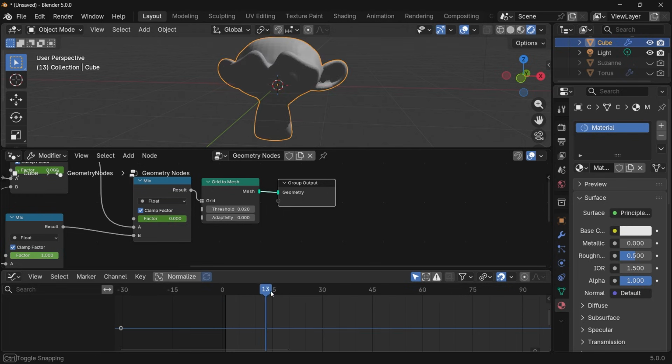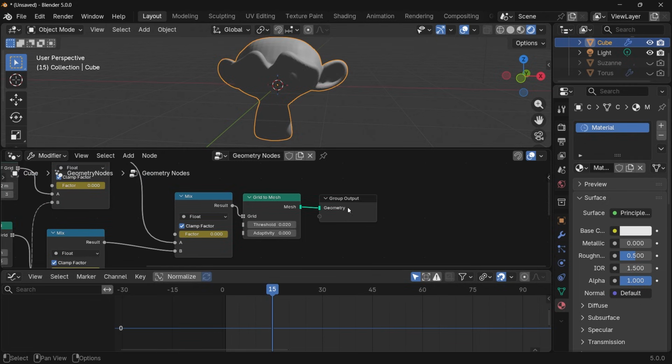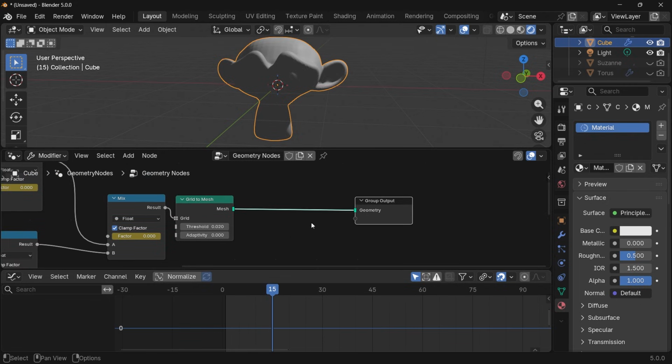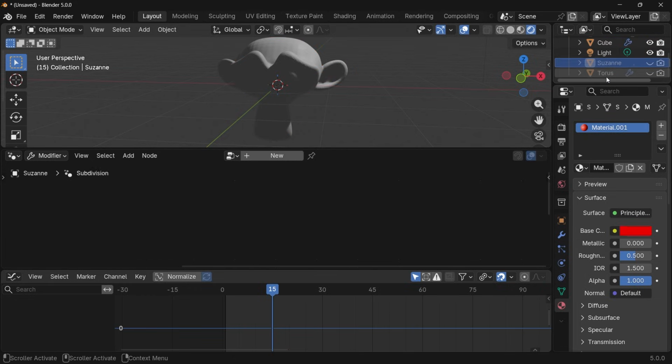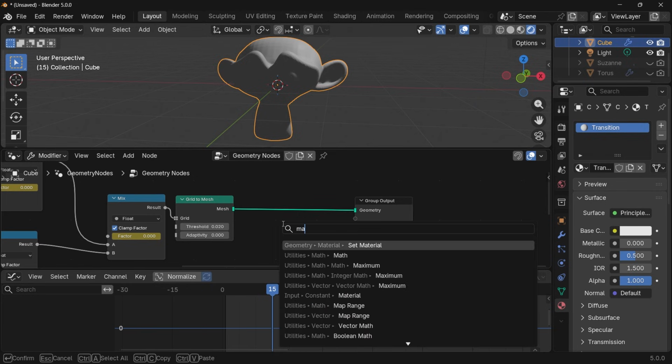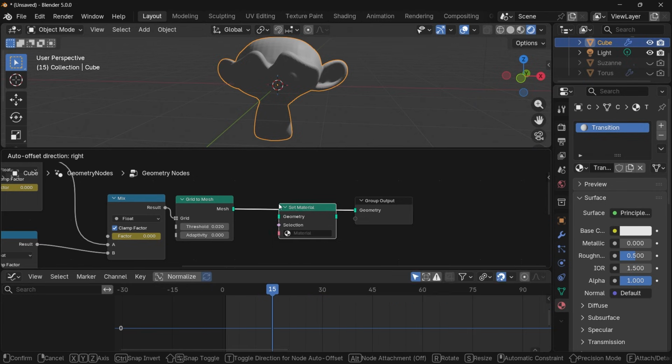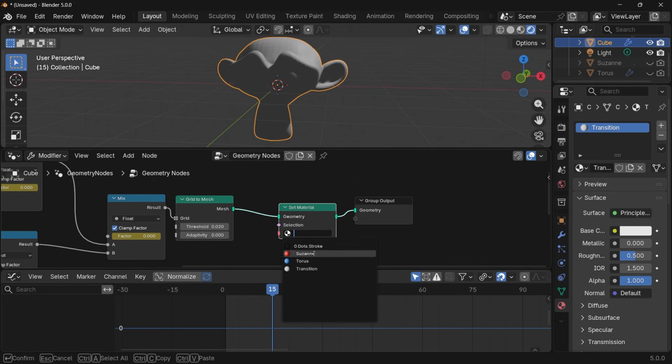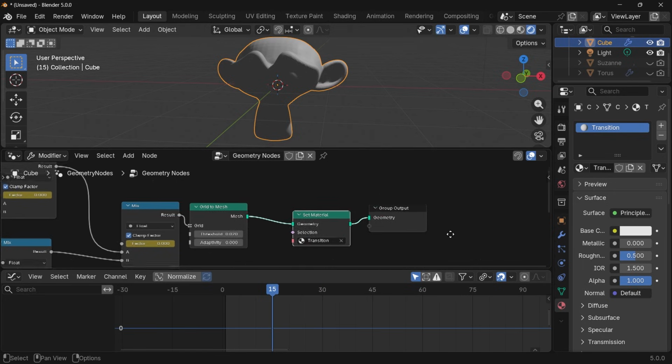So what we have to do is go ahead and add in another material. So let's call this a third material. In this case, the default material is good enough because this is material 001 and this is material 002. In fact, I can just rename this material to Suzanne and this one to torus, and cube is transition. So let's go ahead and press Shift A and search for a set material node and plug that in just before the group output. Now for the material, let's choose this transition material